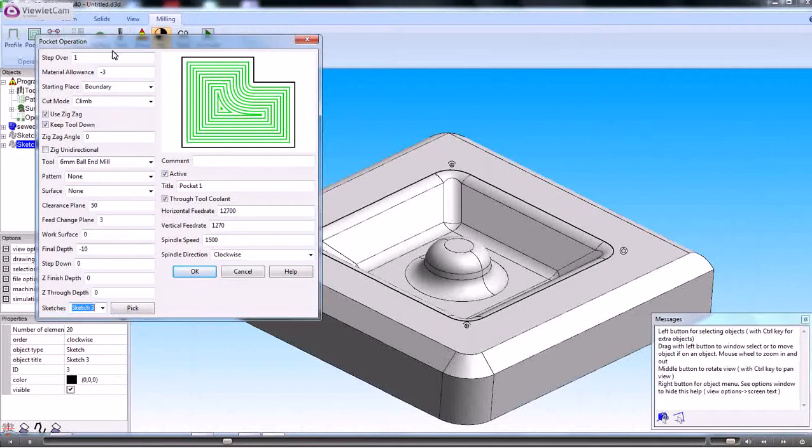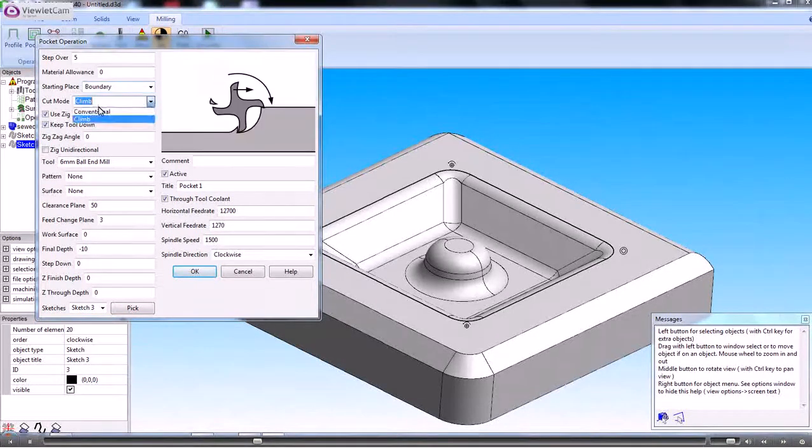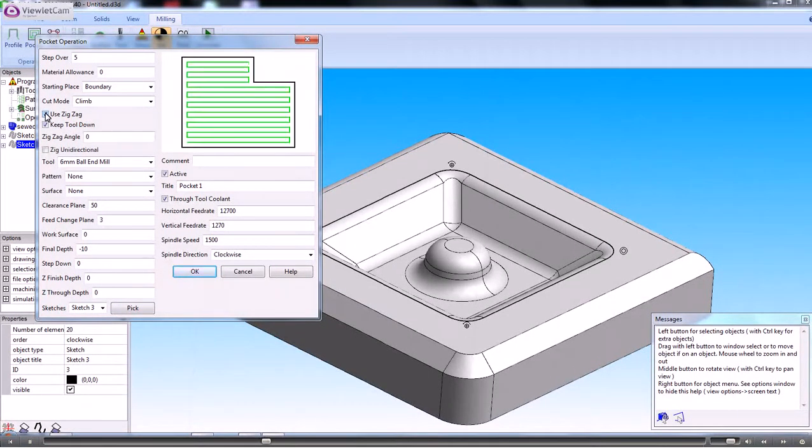When we open the pocketing or the profile operations, it remembers all the parameters and values that we entered on a previous job. So let's set the step over to say 5mm and the material allowance will be 0. The starting place can be at the boundary or it can be at the center. So if we work out from the center or the boundary, we'll start boundary this time. We can either climb or conventional mill. Normally you'd want to climb mill, and we can either use zigzag style or we can use contour style. So we'll use zigzag style for the roughing,